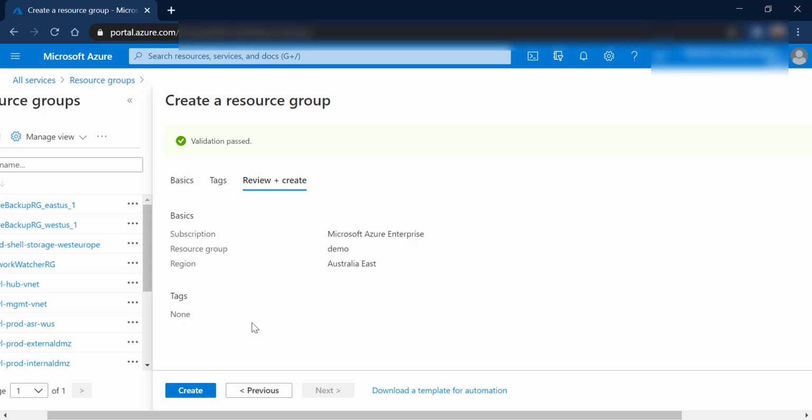If it is not aligned to the rule set defined in the policy, then it will immediately throw a validation error that you are not allowed to create such resources. So let me go ahead and create the resource, and yes, you will get the error.